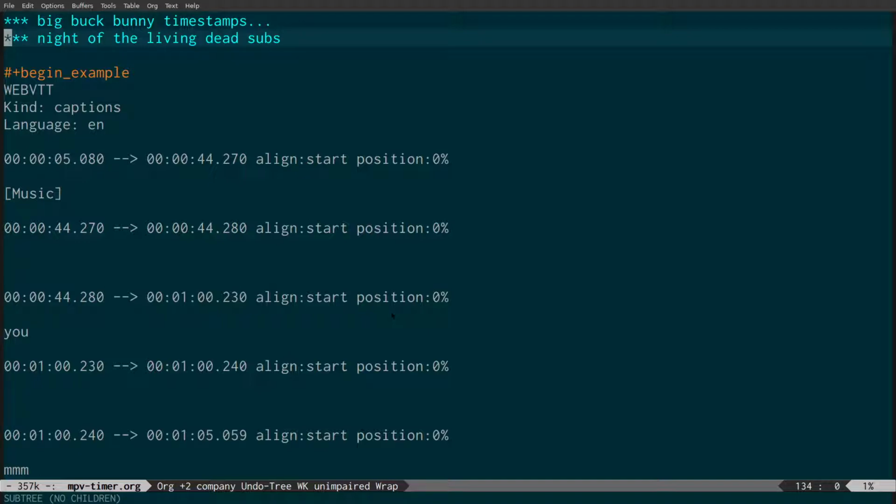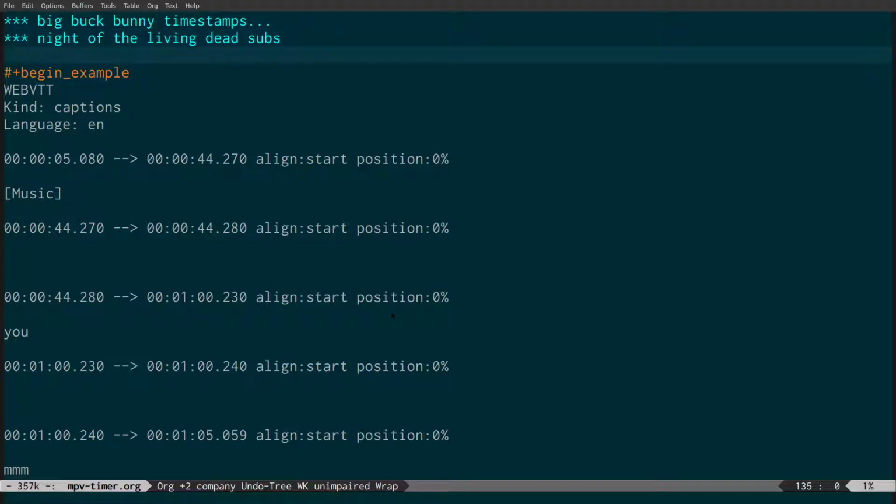When you open mpv normally and play a video, it doesn't enable the JSON interface, which is what we're using to control mpv. So this mpv package for Emacs enables the JSON interface when you open a video from an org document, and we have to do that so that we can actually control